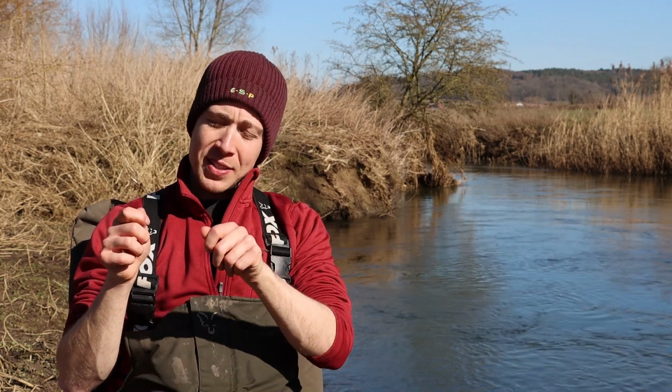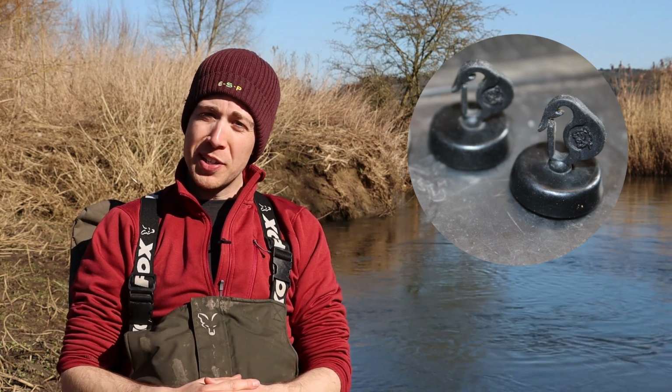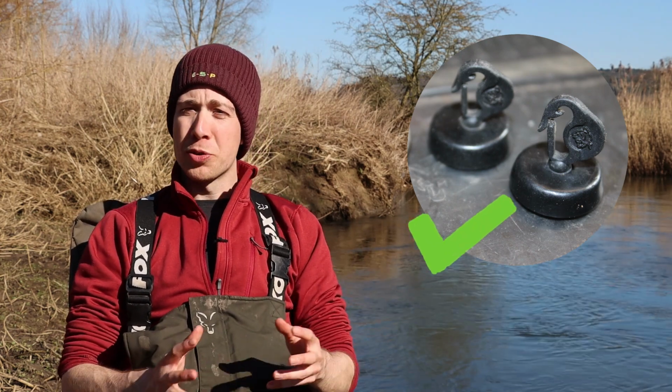I clipped on a heavy back lead and dropped it off the rod tip just to keep all that pinned down, which really helps with line concealment, stops the barbel spooking off a tight main line, but it also helps reduce the amount of debris that you might get caught up in your line in floodwater conditions as well. So that's a really good tip. It's something I use in all my barbel fishing where possible, a heavy back lead, but particularly useful in heavy